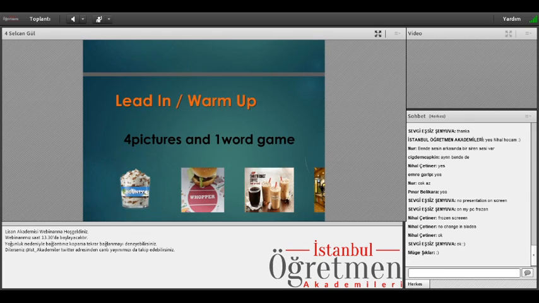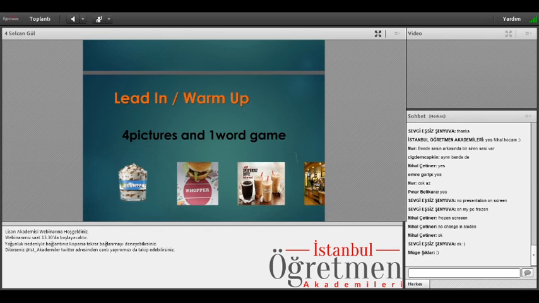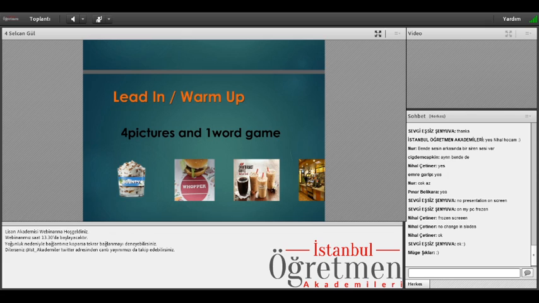So at the beginning of the lesson, you can use a warm-up activity. In fact, I think we should always use a warm-up activity to motivate the students. And here is a warm-up activity. It's called 4 pictures and 1 word. Students work as a group and teacher draws blanks, 1 for each letter on the board, and then shows 4 pictures one by one or sticks them on the board and asks the keyword, and students will give the answer